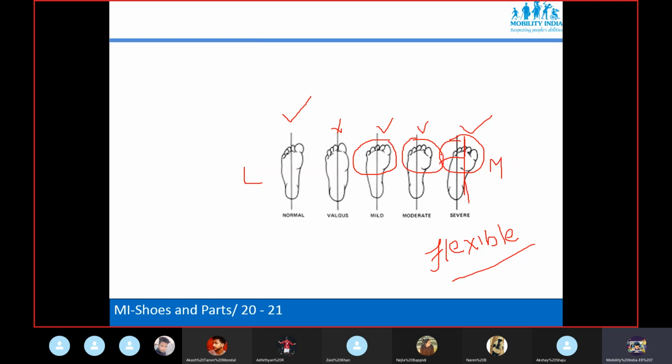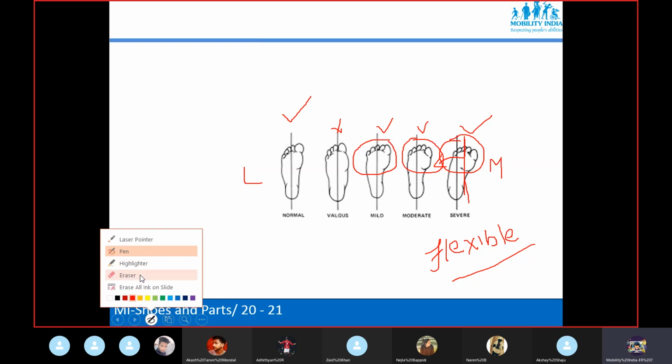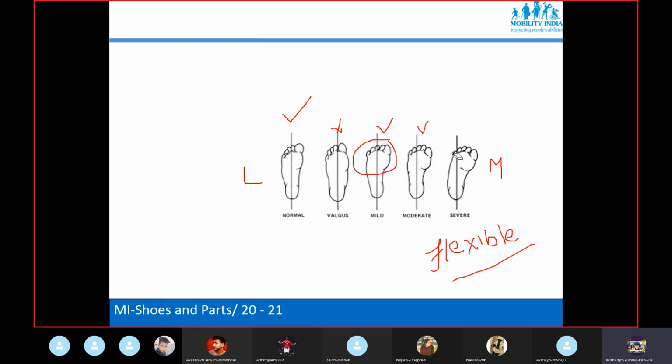And then again we need an out flare shoe last. You can see here the foot is going medially, and if this deformity is flexible, then again we need an out flare shoe last.